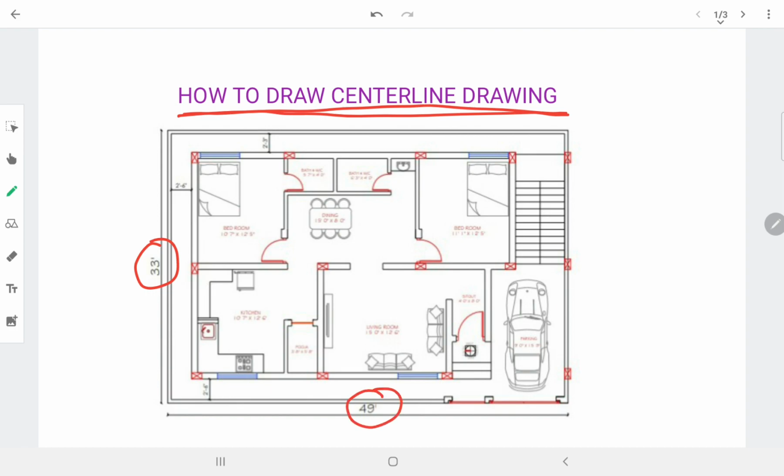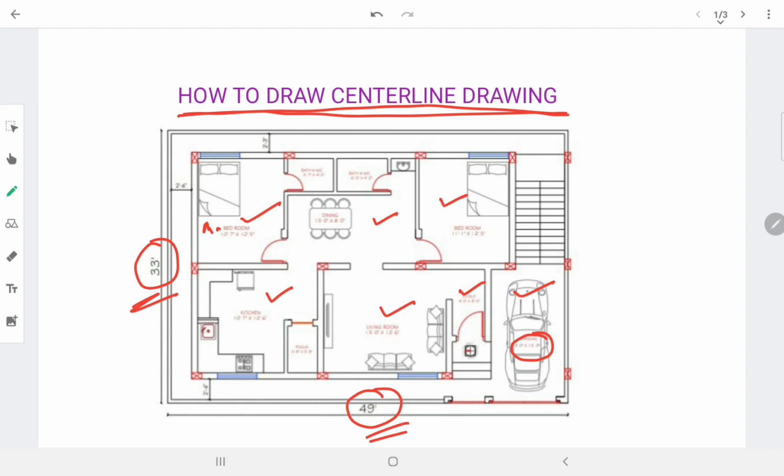Horizontally, the width is 49 feet and the length is 33 feet. In that we have provided parking, which is more than 15 feet, a sit out, and next a living room, kitchen, a dining, one bedroom, and another one, this is the master bedroom.